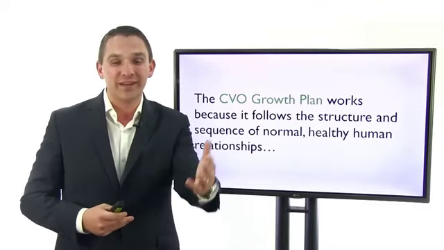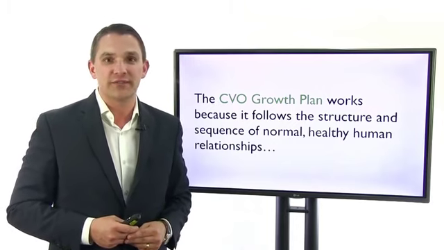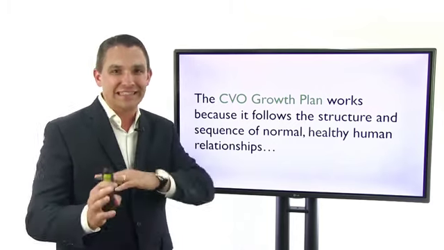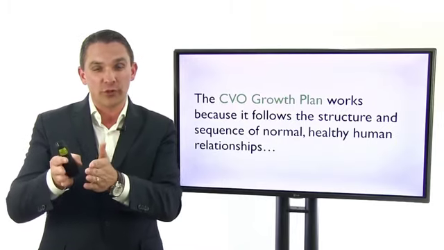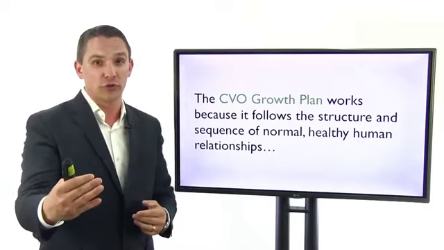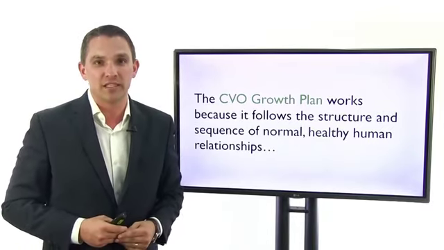Science has studied it. If you want an interesting aside, an interesting tangent, Google the 12 stages of intimacy. I'm not going to go over it here. It gets a little heady, but if you want a little extra reading, feel free to do that. The 12 stages of intimacy. Scientists know the structure and the sequence of intimacy, of human relationships. How do we go from strangers to ultimately sharing in one another's lives in the most intimate way possible?